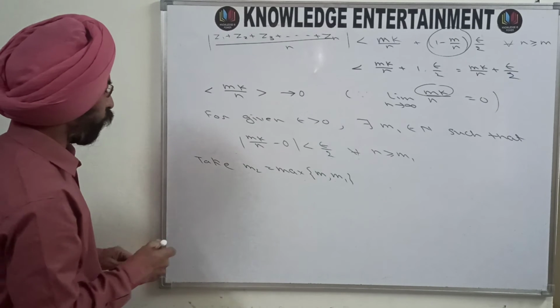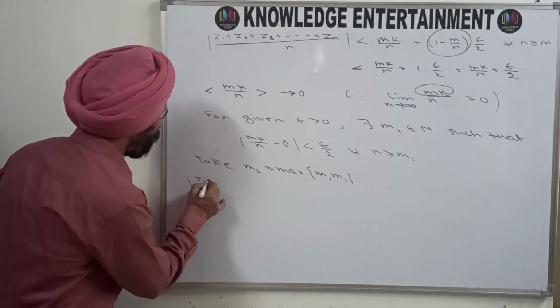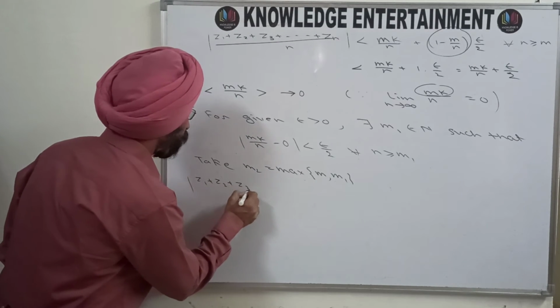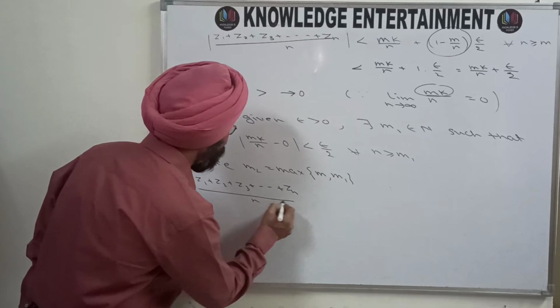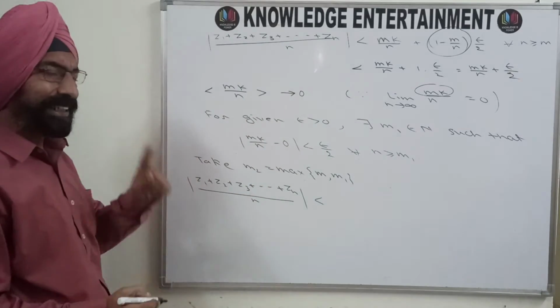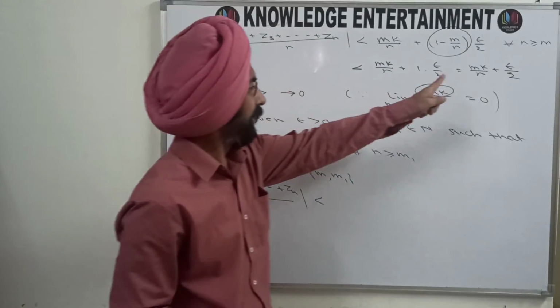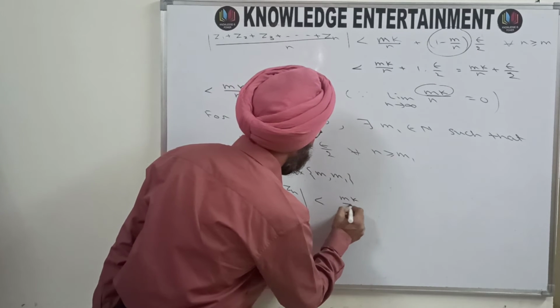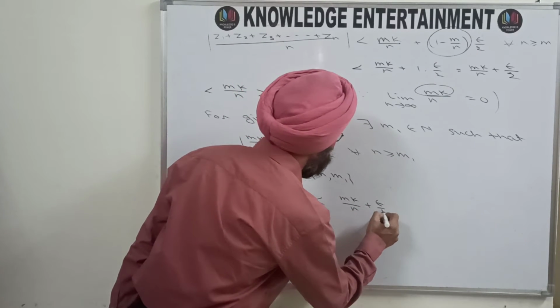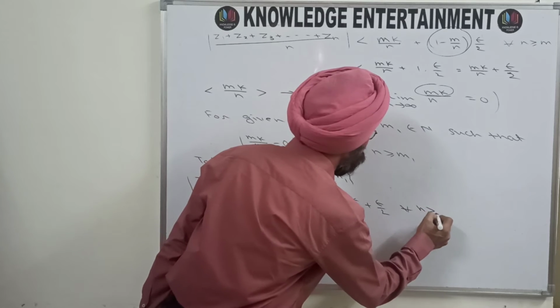Then mod of z1 plus z2 plus z3 plus and so on zn divided by n, mod, is less than mk by n plus epsilon by 2 for every n greater than or equal to m2,